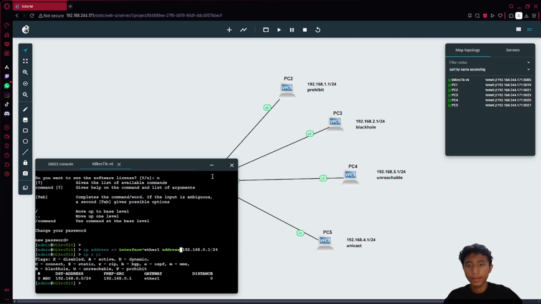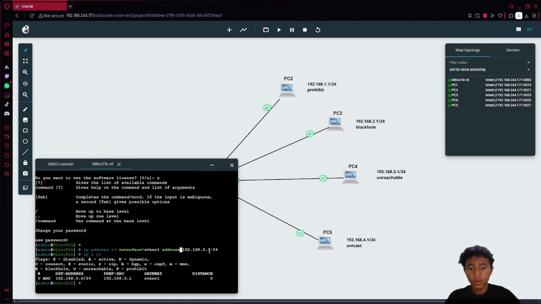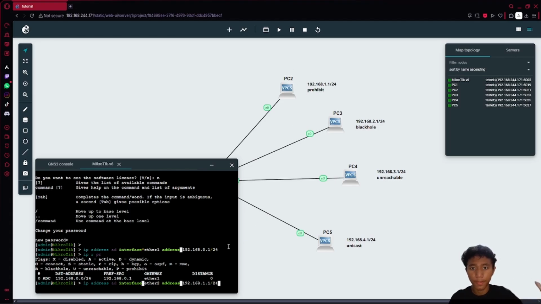Then secondly, I need to configure the other PCs, firstly by adding the IP address itself, using the command IP address add interface ether2 address 192.168.1.1/24 as in the topology.